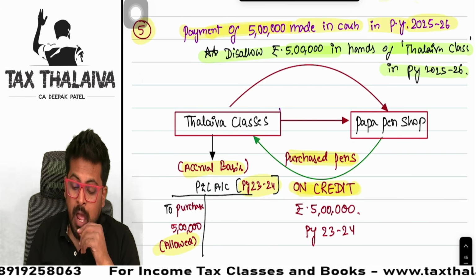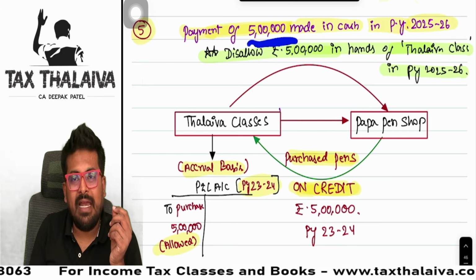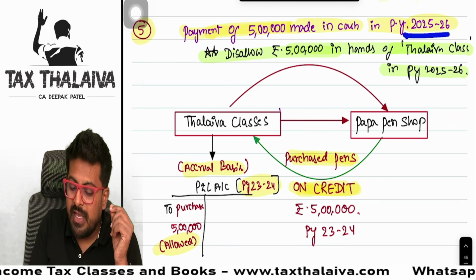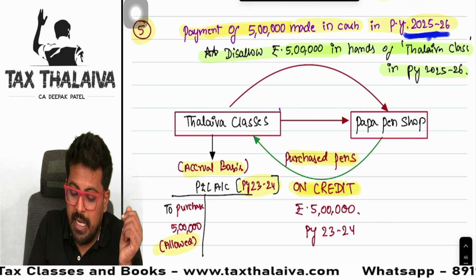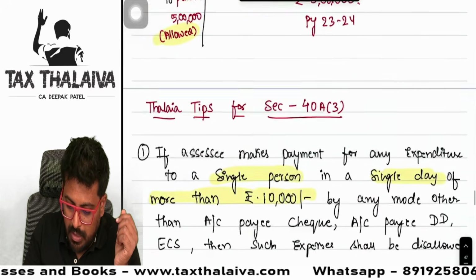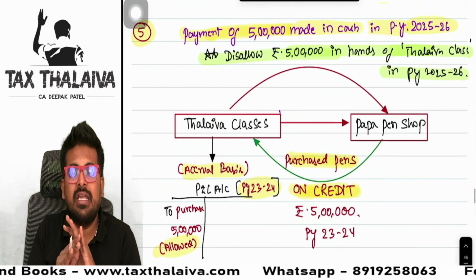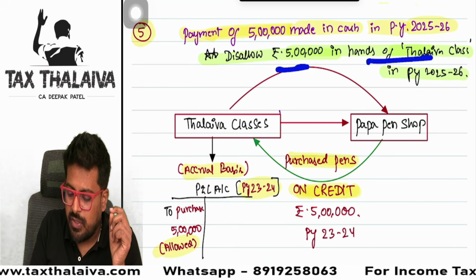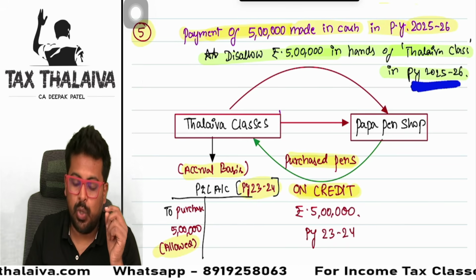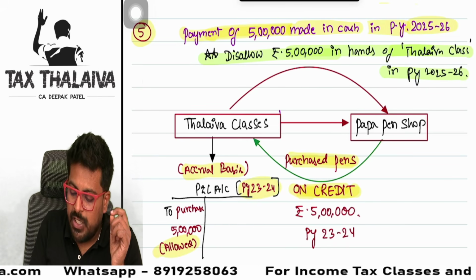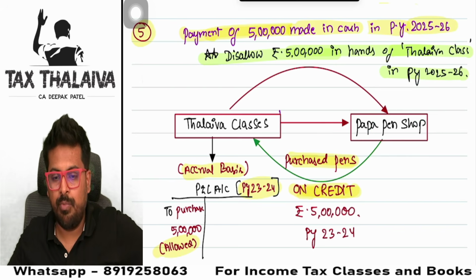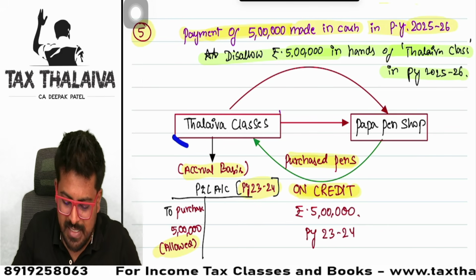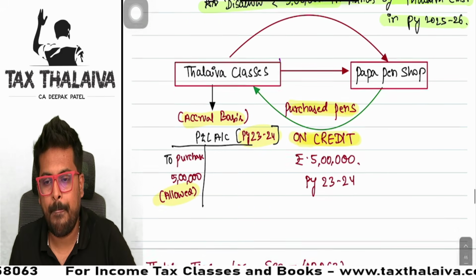Now, but when I made the payment of 5 lakhs in future to this Papa Pen Shop, in previous year 25-26, I made the payment other than in cash, other than in prescribed modes. In that case, 5 lakhs is disallowed in the hands of Thalaiva Classes in previous year 25-26 because the payments were not made in prescribed modes. If I made the payment in prescribed modes, then no problem, no disallowance will happen. Next,